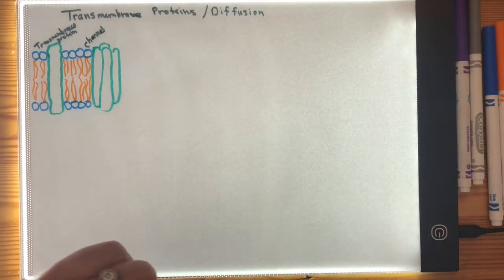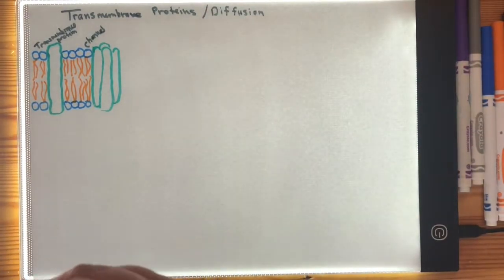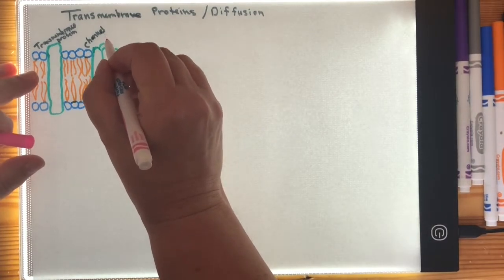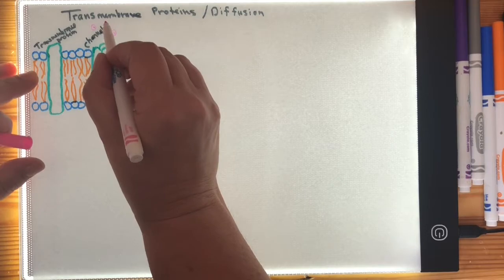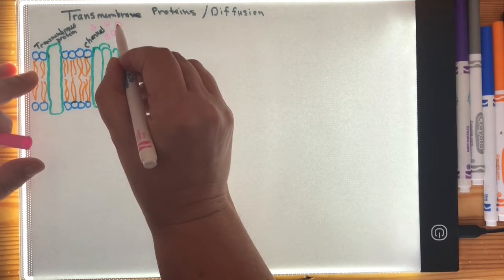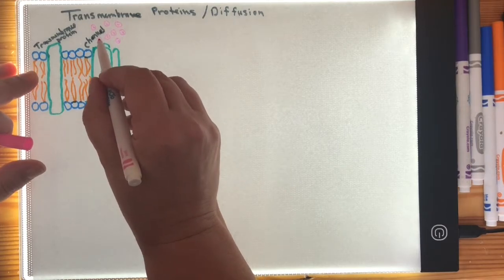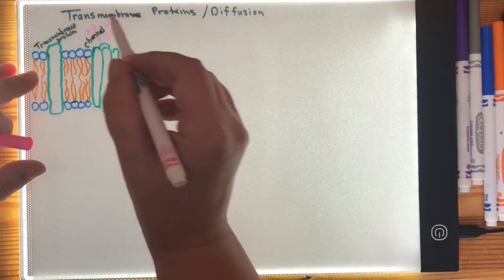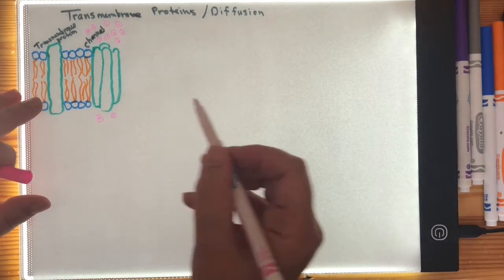This is a channel. It's basically a straw or a tunnel that leads from one side to the other and allows structures through, either into the cell or out of the cell, that wouldn't normally be able to pass through that bilipid, nonpolar, hydrophobic atmosphere. So we're going to use sodium ions, which I'm coloring in pink, and putting a little plus sign in there. Na+,